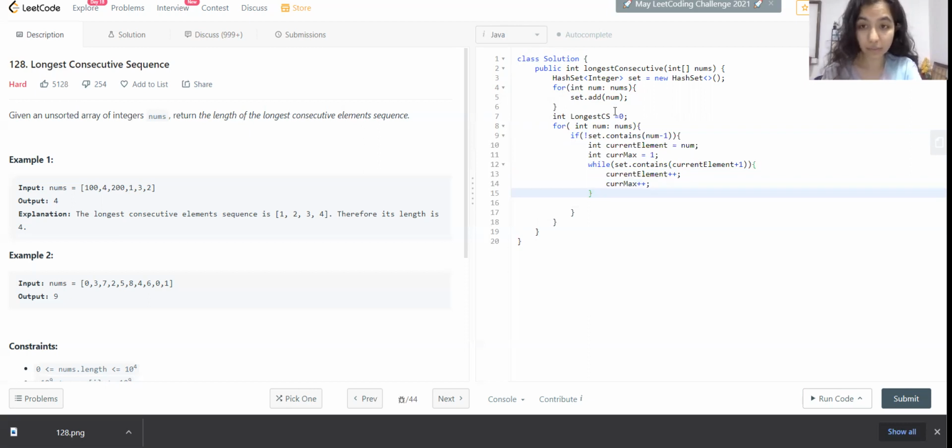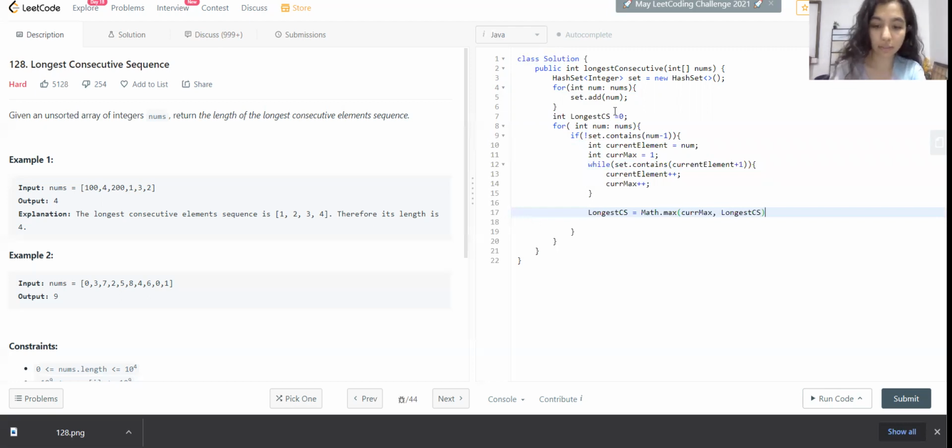After this is done, we will come out of the loop and we will update our longest consecutive subsequence to Math.max of current max and longest consecutive subsequence. And what we're going to return after this is the longest consecutive subsequence. Let's try to run this.